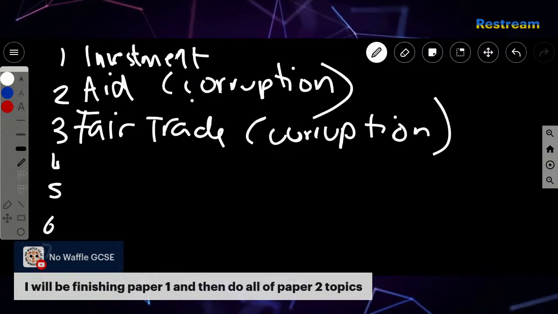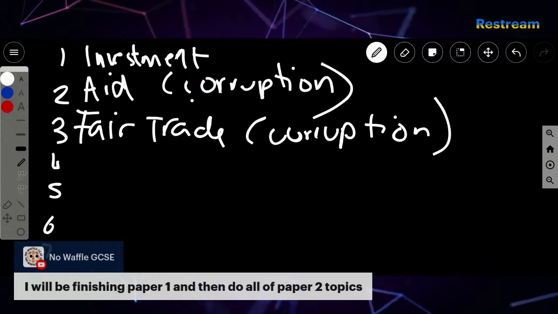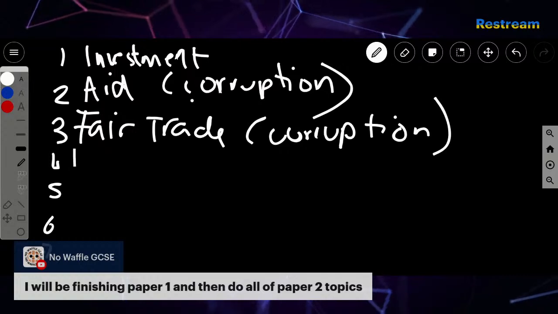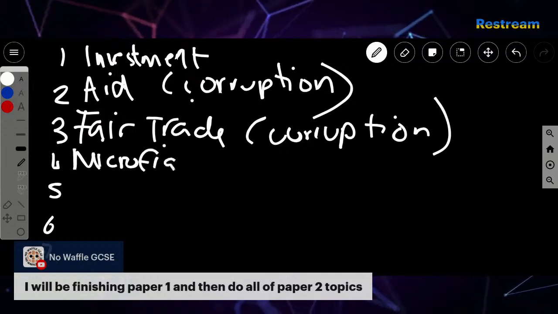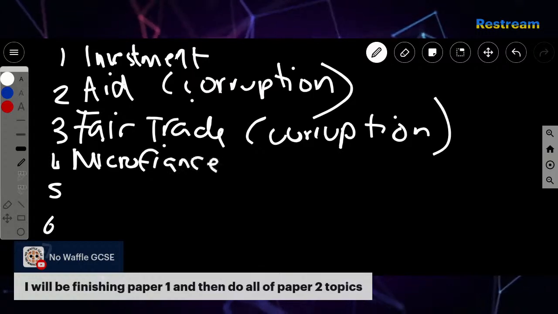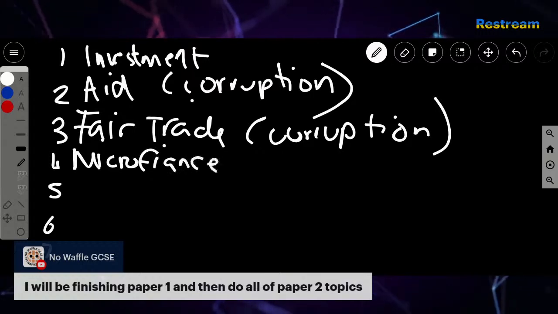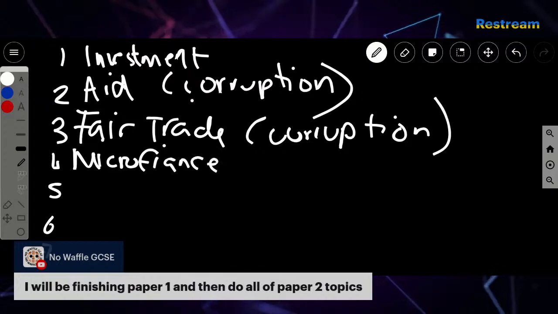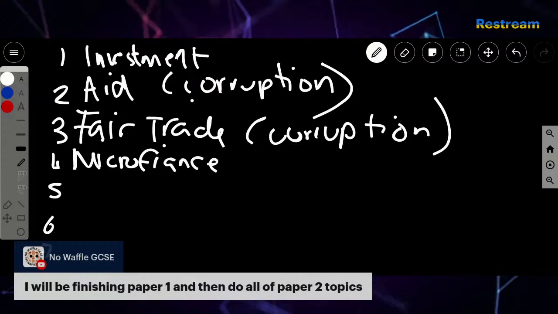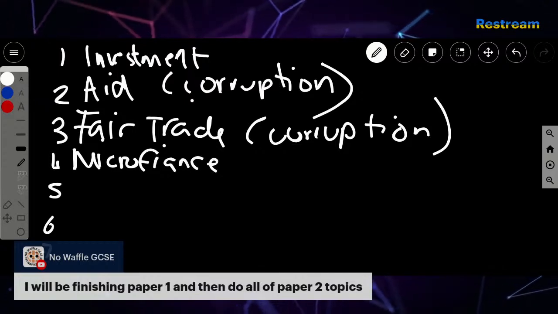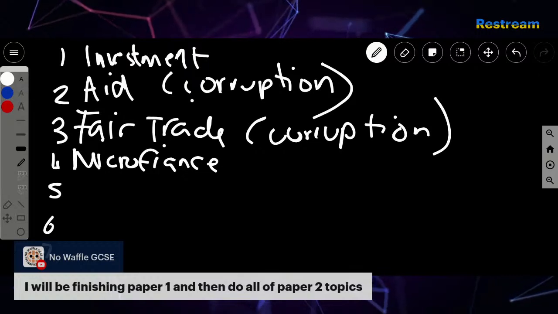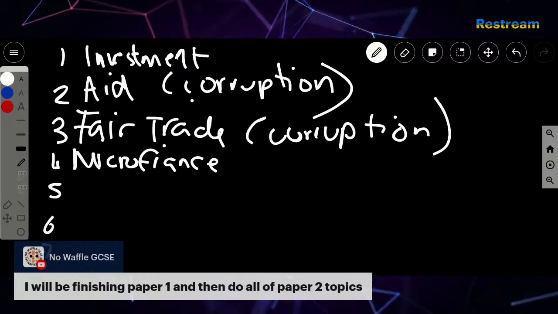Then we have microfinance loans. Because lots of people, especially those who live in slums, are not given any economic help or aid or even any worth socially, microfinance loans are for people in low income countries who would just be refused a loan